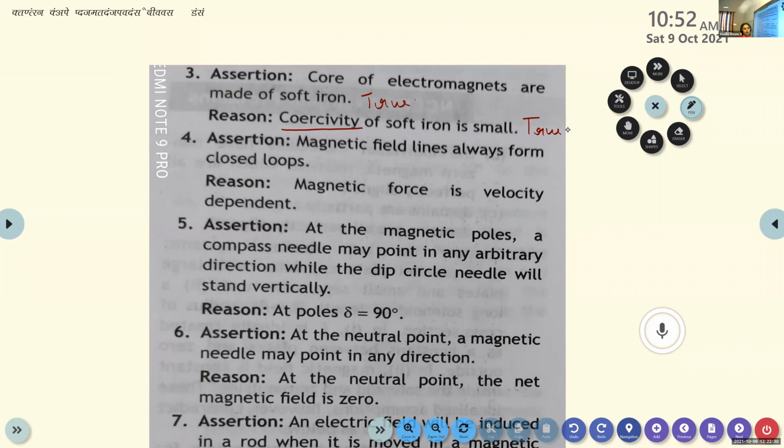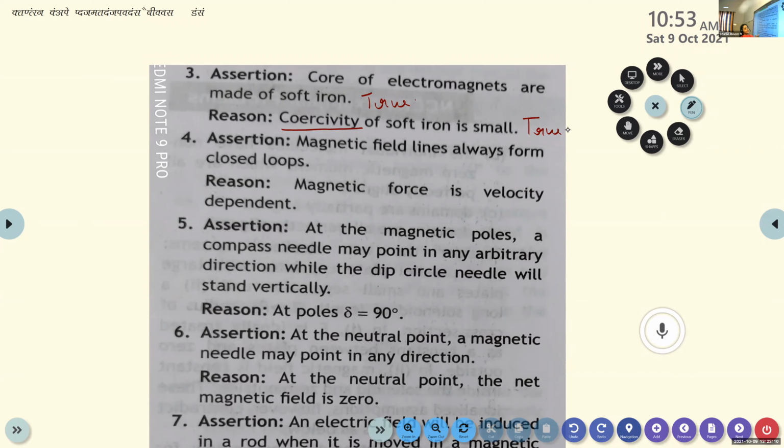Srihari, are you familiar with electromagnets? What is the speciality of electromagnets? Electromagnets are materials which exhibit magnetism only in the presence of what? Only in the presence of electric current, as the name implies. Whenever the electricity is removed, what happens? Its magnetic property will be lost. It is said to be demagnetized.